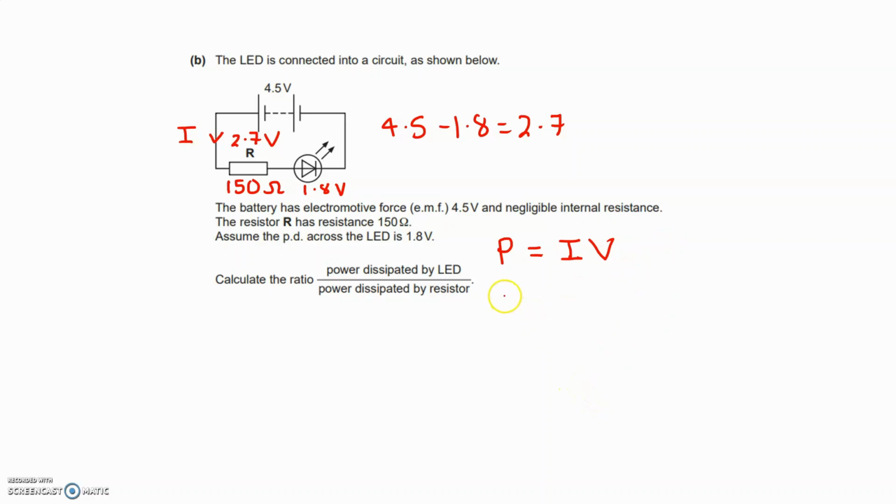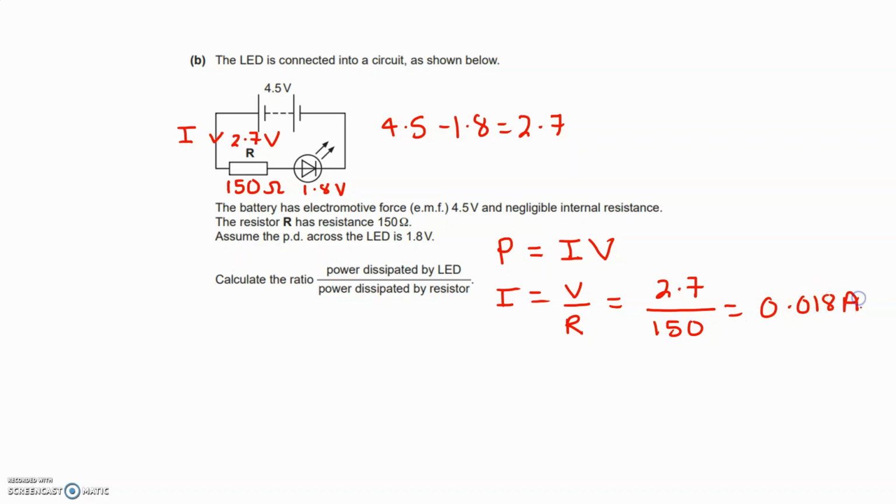So we can calculate the current flowing through the resistor by using I equals V over R, which is 2.7 divided by the resistance of the resistor, which is